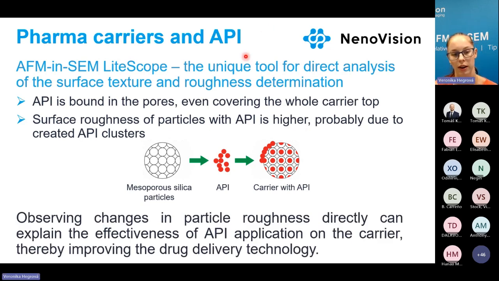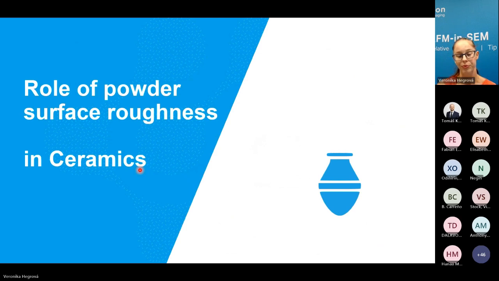So this is a use case where I want to show you how effectively it is possible to measure the surface roughness of powder particles and where it can help in the pharmaceutical industry in drug delivery technology. So if we move into another use case, this time to ceramics,